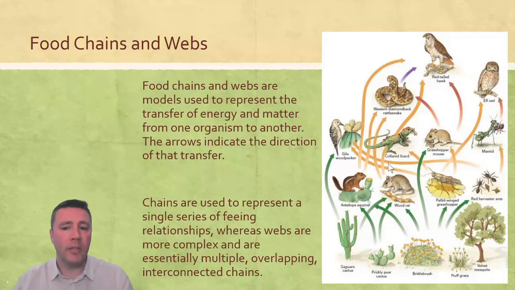Before moving on, though, it's important to note that organisms can occupy different levels depending on what they happen to be eating. This woodpecker right here, if consuming pieces of the flower from the saguaro cactus, that would make the woodpecker a primary consumer. But this woodpecker also happens to eat grasshoppers. Since the grasshopper is a primary consumer, that means that the woodpecker can also be a secondary consumer. So depending on which pathway the energy takes, the organism can actually be classified in multiple ways.